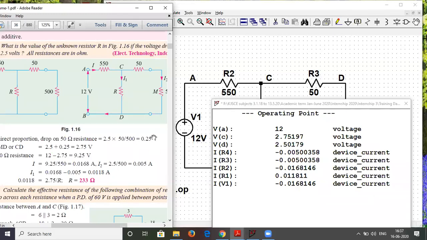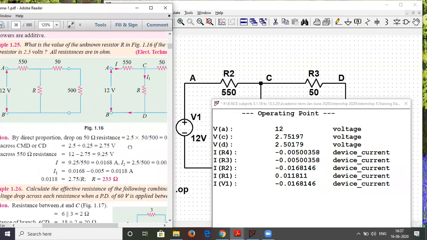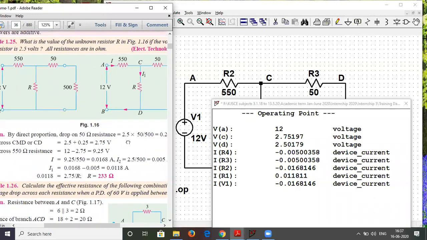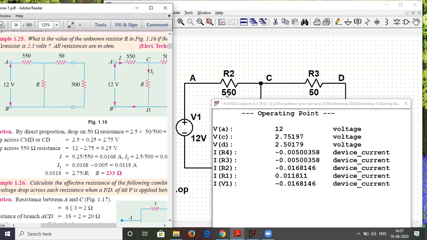So this 0.25 is correct. Then they are asking for the drop across the 550 ohm resistance. That is VAC, which is 12 minus 2.75, coming out to be 9.25 nearby. So this is also correct.